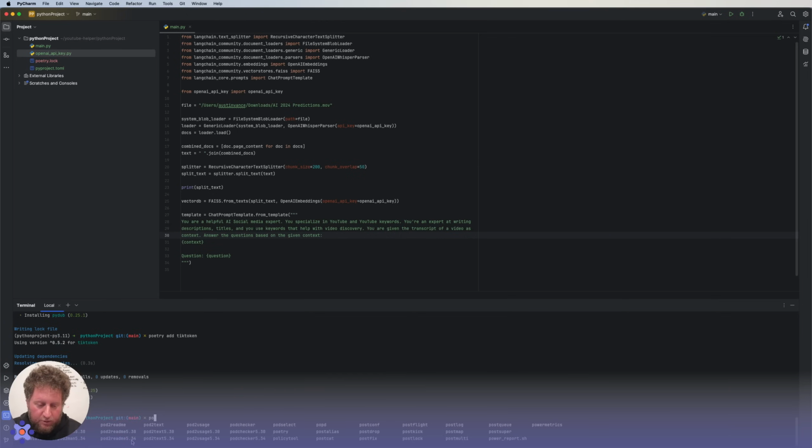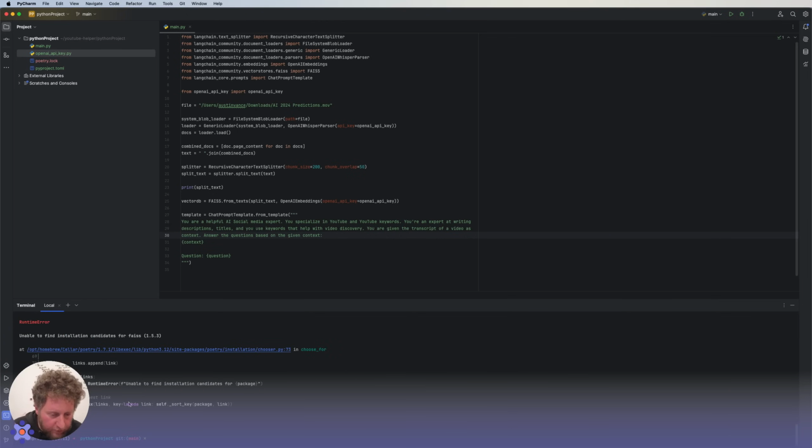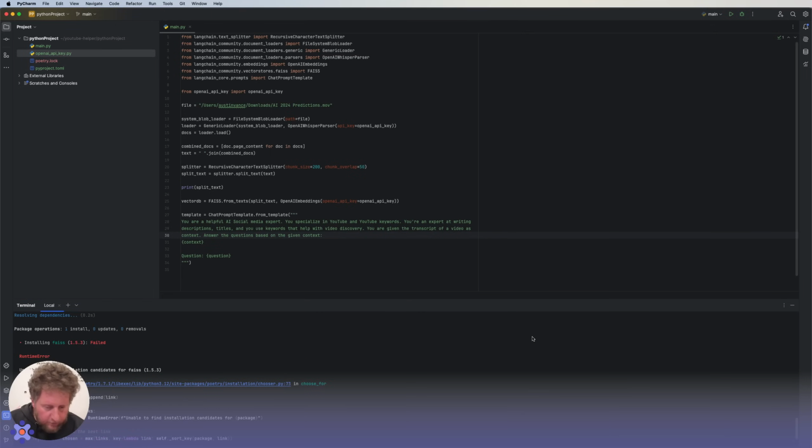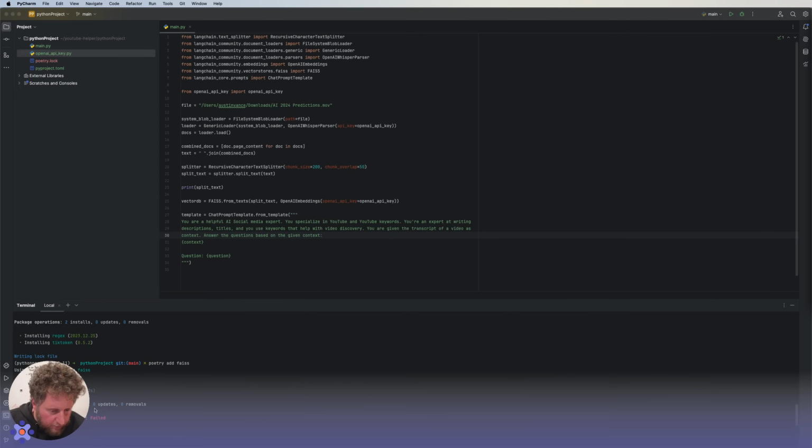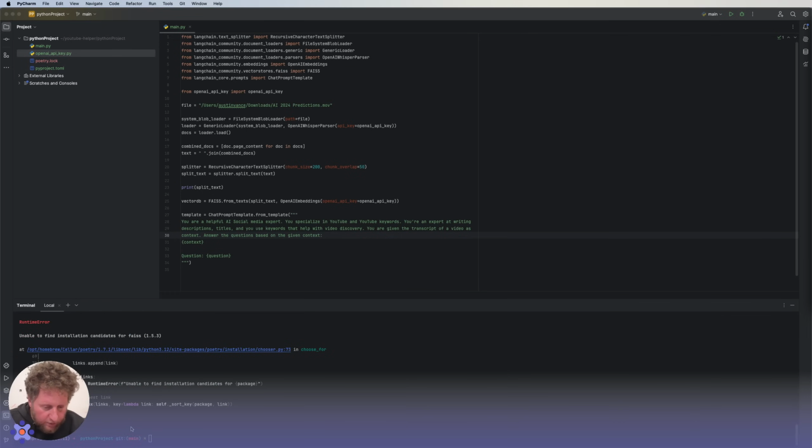So we can poetry add that, and hopefully, let's see, what's that package called? LangChain vector stores. Not seen this before.